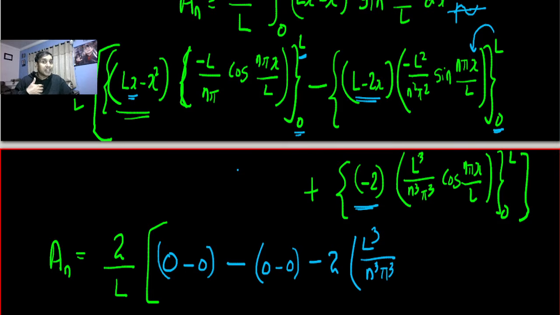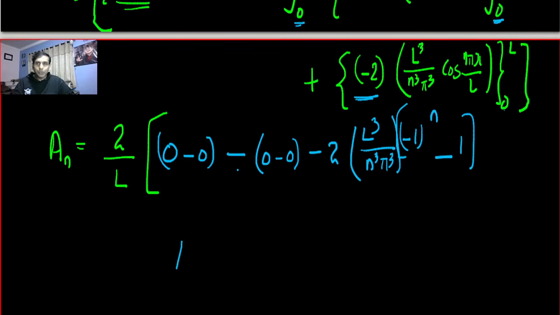Once more, my advice is don't write too much when you solve Fourier. Just keep the stuff in your mind and you have to be very good with the values. So cos n pi, that is minus 1 the whole power n, and then minus, when we put the lower limit, I think I'll keep this much constant outside. So when we put the lower limit, we'll get cos 0, that is 1. Okay, that's it. So an will be